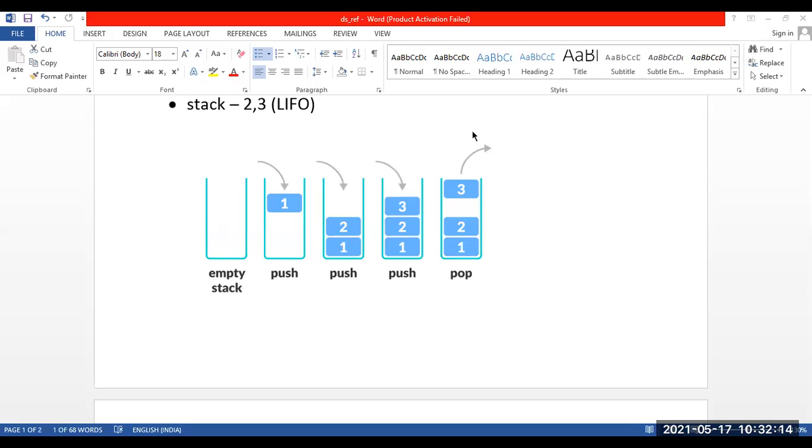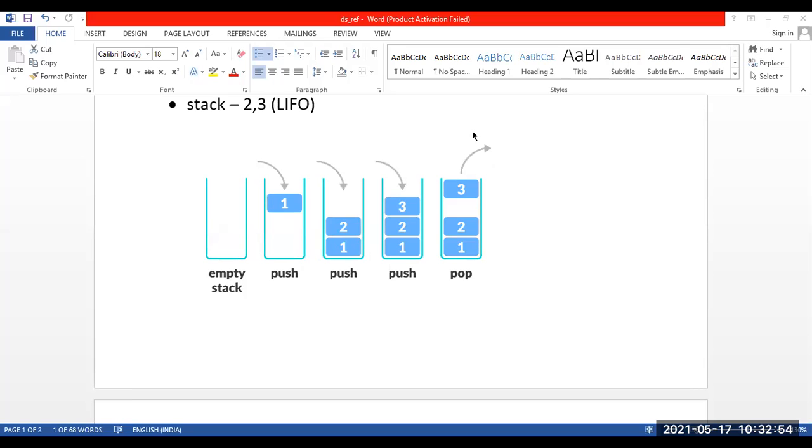Remember the order here. Who is the first student to enter the class? Achal. Second student, you have to stand in a line now. You people are standing in a line. So first is Achal, second is Anandita, and third one is Prajwal. So when I say push, your classroom here is basically a stack. And the door of your classroom is going to be the top of the stack, because that is the only section from where students can enter the class, and that is the only section from where students can leave the class. Then we have 3 students, or 3 elements, or 3 data items for that particular stack of classroom.